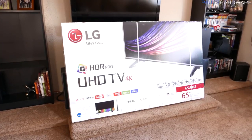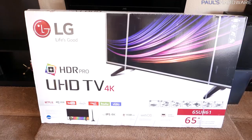Excellent! When buying a new TV, the most important specs are its resolution, its size, and its price. For this video, I'm going to assume that the resolution that you want is 4K, and after that, you should get the TV that has the largest screen size possible while staying within your budget, of course, whether that's $500 or $3,000. I recently spent just under $800 on this 65-inch 4K LG TV, which I got at Target